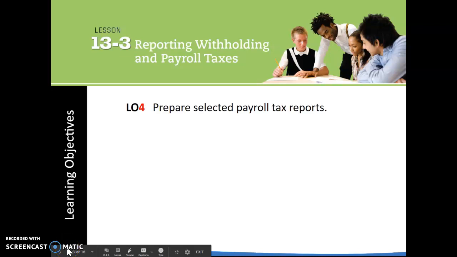Today we're going to move into 13.3, which is reporting, withholding, and payroll taxes. So you've gathered that information, then what do you do with it quarterly, annually? How do we report it that way? So our first objective is to prepare selected payroll tax reports. We're going to go over the different kinds of reports there are and then how to prepare